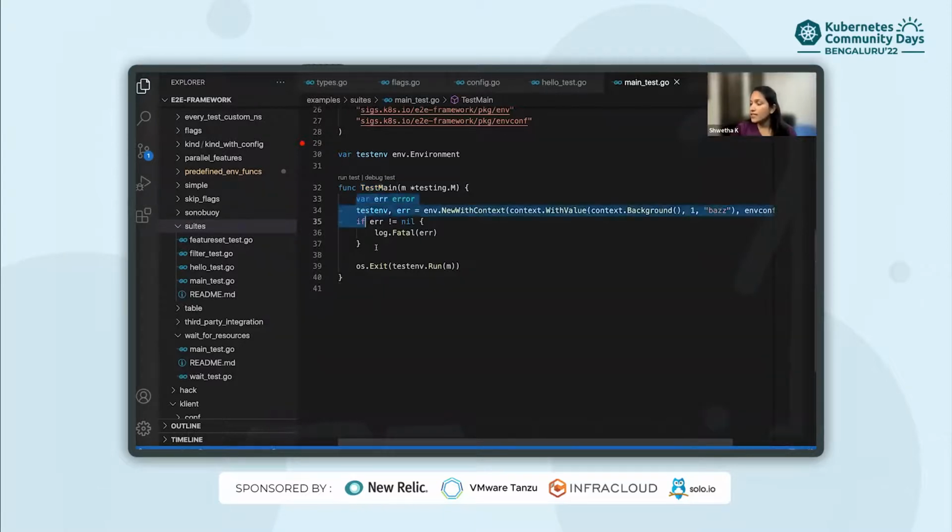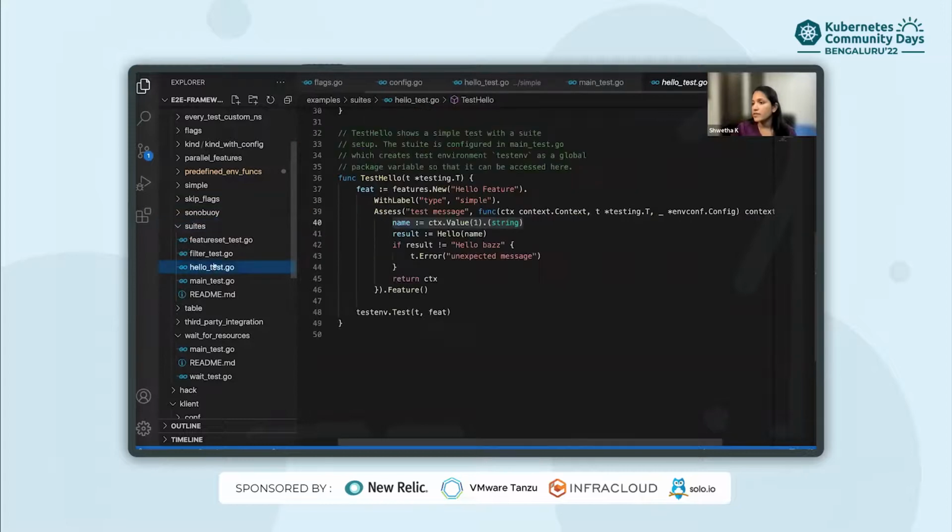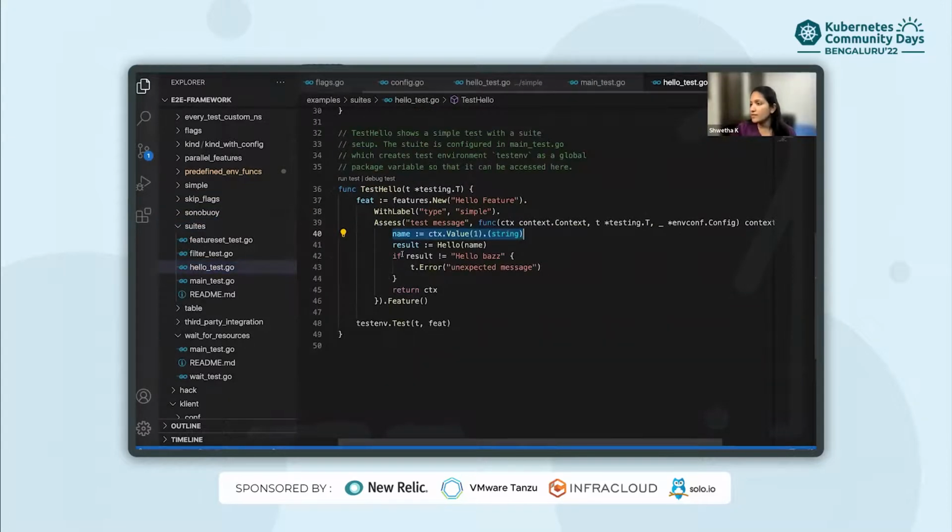Let me explain context propagation also in the same example. Here we have defined a context value using NewWithContext. Let's see how this context value is propagated to other test files. If you see hello_test.go, this is how the context value is retrieved.